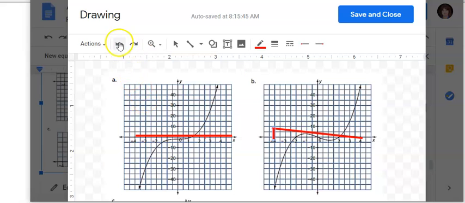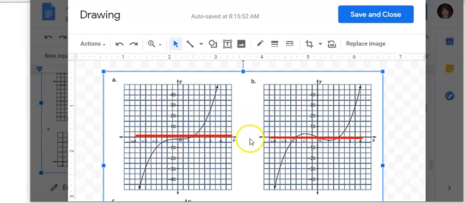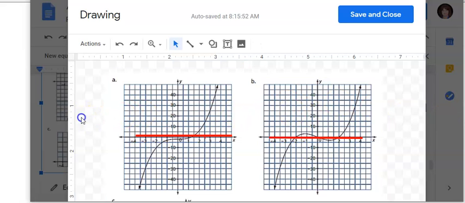oh, I know what I need to do. I need to get off of that and go to the pointer. So if I draw this vertical line here, you see I can make this vertical line intersect the graph 1, 2, 3 times. So this B is not invertible because the horizontal line intersects more than once. And then if you'll go to C,